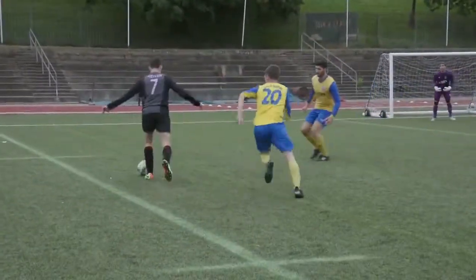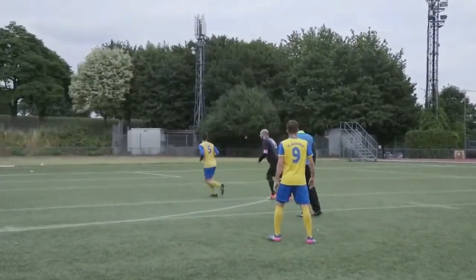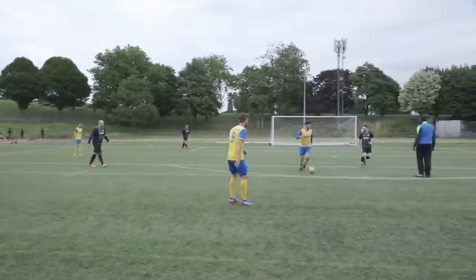Little turn away, lovely little turn away from TJ there as he goes to cross it in, but unfortunately that's far too close to AJW in net. But some good football there from us early on. As we see, us still trying to play out from the back, then the ball into me, spread it out to Matt Creasy, looks for the long ball over the top, it is intercepted at the back by Sam Adams,